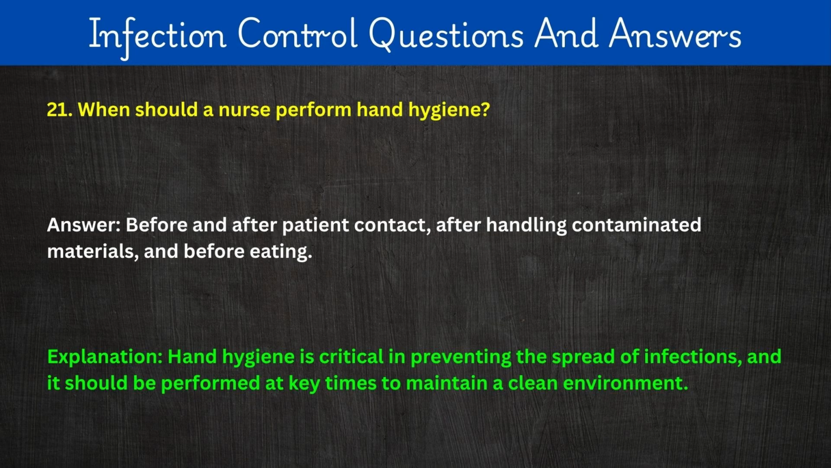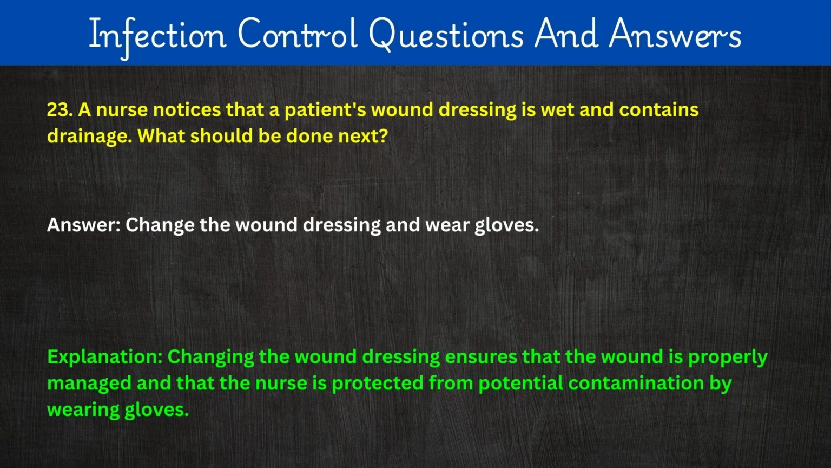maintain a clean environment. 22. What is the most important factor in preventing surgical site infections? Answer. Proper aseptic technique during the surgical procedure. Explanation. Using aseptic technique during surgery reduces the introduction of pathogens into the sterile field, preventing infections at the surgical